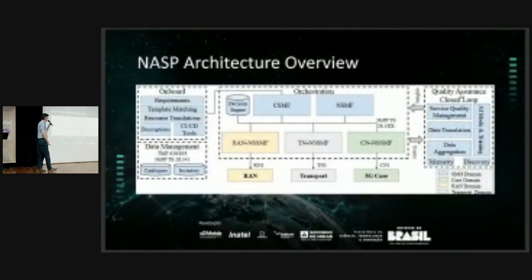In this case, we propose the NSaaS, Network Slice as a Service platform. We have the building blocks. We have three parts. The first part is the onboard. This part is more specific for the GSMA because we receive the requirements, the templates for the different tenants, and we translate the tenants' requirements considering my resources, my infrastructure, and put them in one catalog.